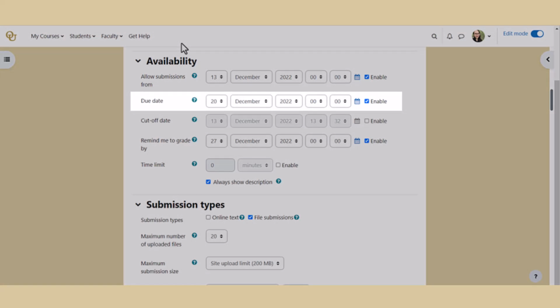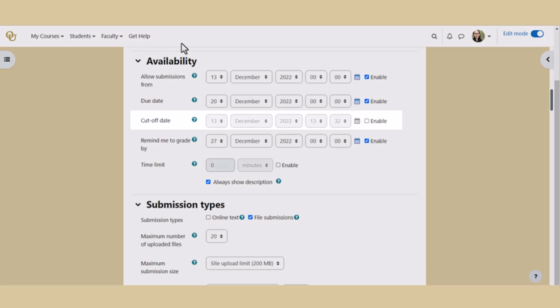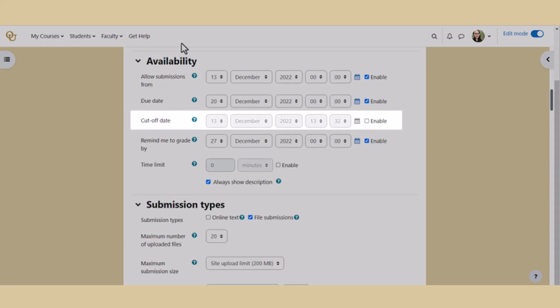You can also enable a due date that gives them a window of time to upload the file, after which they can still submit, but their submissions will be considered late. You may also enable a cutoff date, which prevents students from turning in files after that date. If you don't have the cutoff date enabled, they could submit to the assignment until the last day of class. However, when you go to grade it, that submission will show up as X amount of days late from the